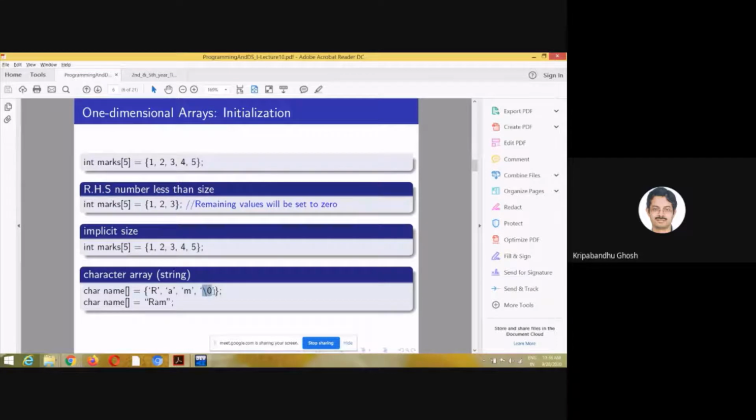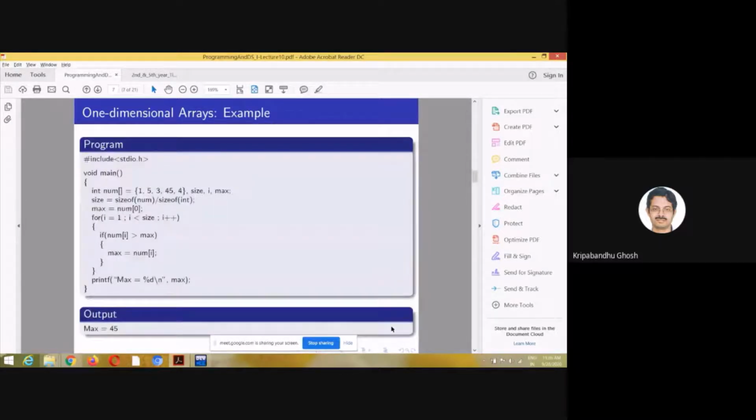So the string ends with \0 by default. This is not visible to the users. But if you want to explicitly store all the elements of this array, where each element is a character, you can set the last element as \0, but the size of the string will be 3. So this will not be considered. The string will be up to this point. You can also set this. This also works.